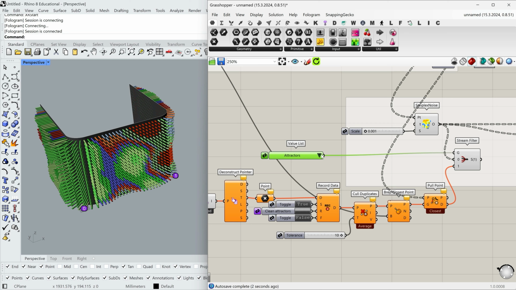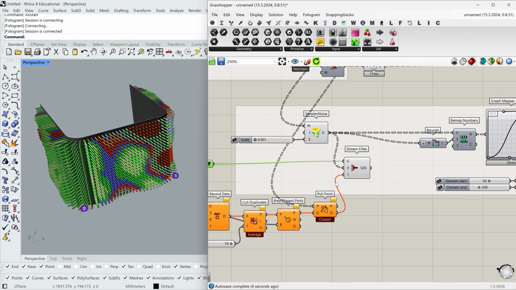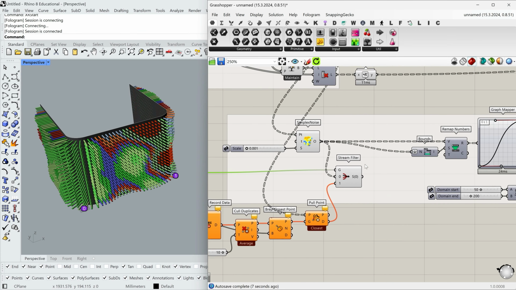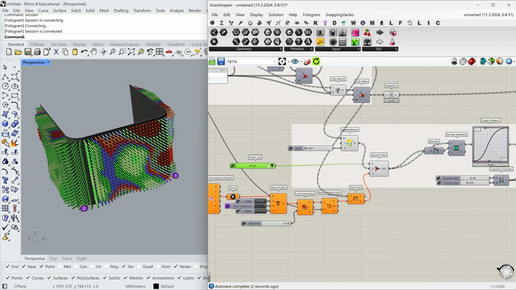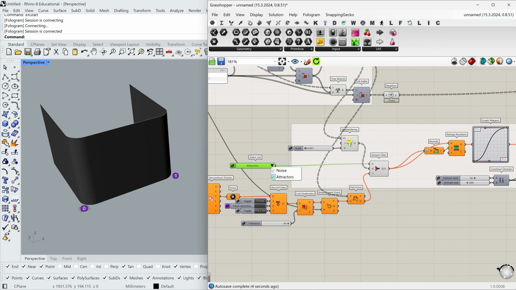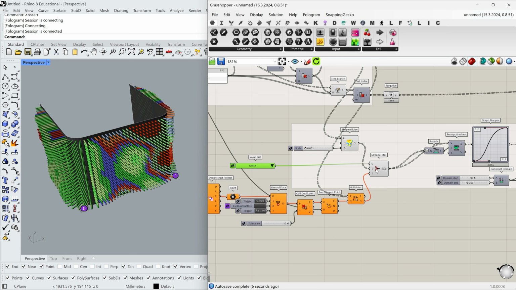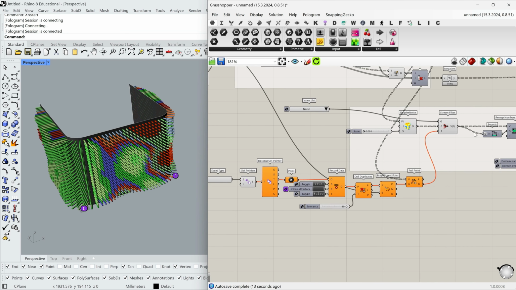And now we can switch between them. I'll reconnect everything to remap numbers and bound. It works great. Cool.